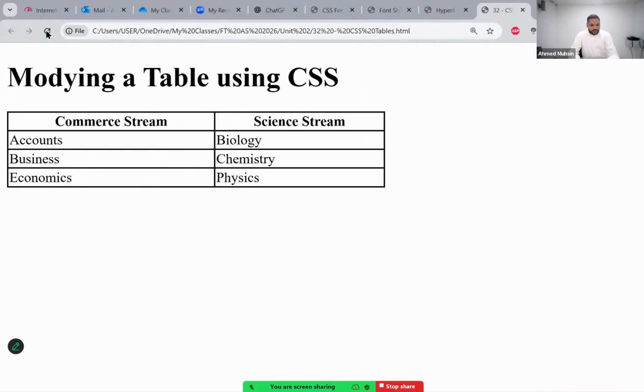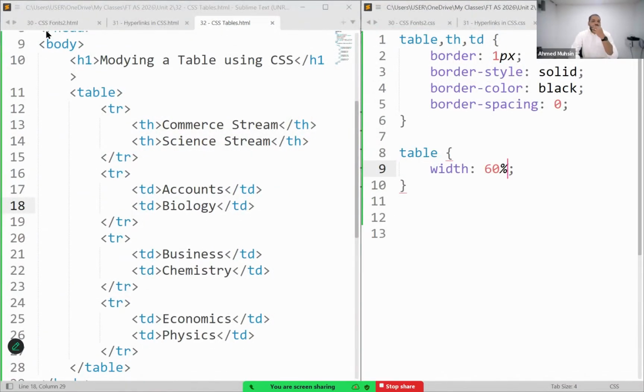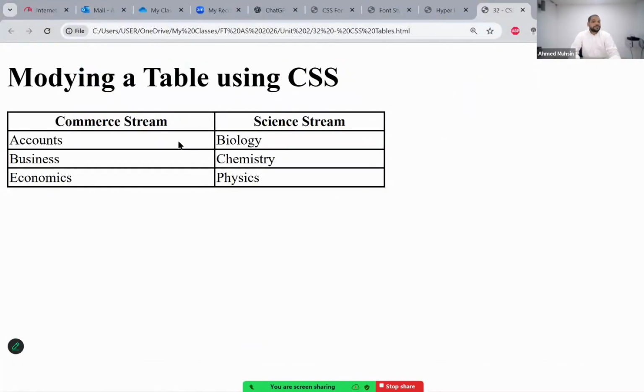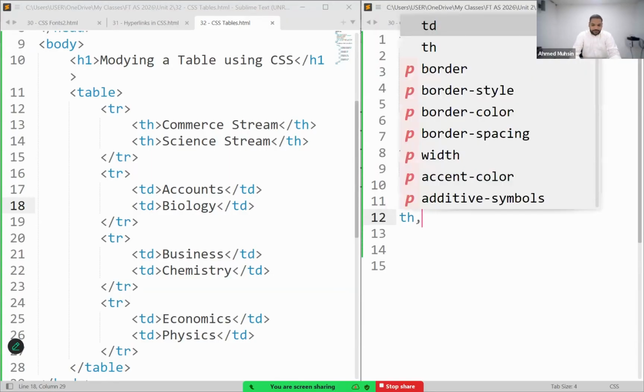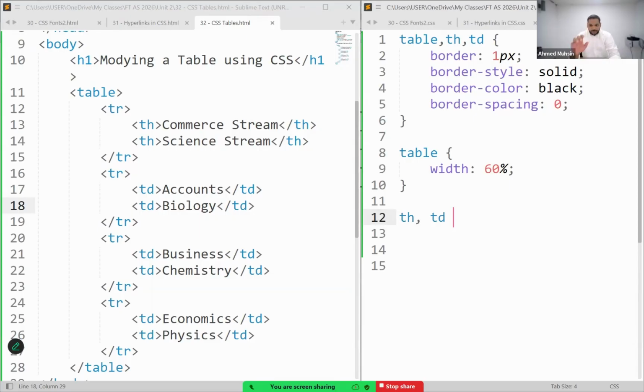Your table width is done, right? Then guys, what was the property we were using to control the gap between the borders and the content inside? Padding. So now padding needs to be applied where? Do I need to apply it to the whole table or only to the cells? Only to the cells, right? So what are your cell tags? TH and TD. Excellent. Okay, so now only for TH and TD, TH comma TD, only for these two tags,